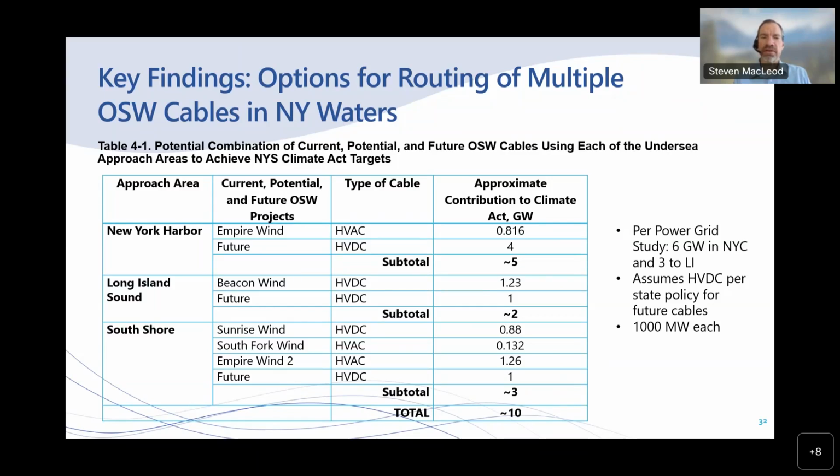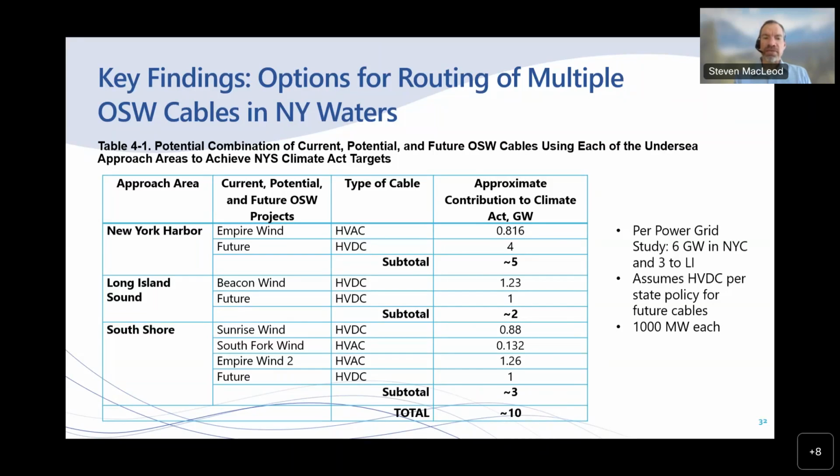Long Island Sound. We assume future circuits would all be HVDC, where each circuit would be a bundled pair of cables in one trench and carry at least 1 gigawatt of power. In addition to the proposed Empire Wind 1 project lines, we assumed 4 future circuits could be installed through New York Harbor via the west side of the Narrows, with a spacing of approximately 50 meters to 100 meters between